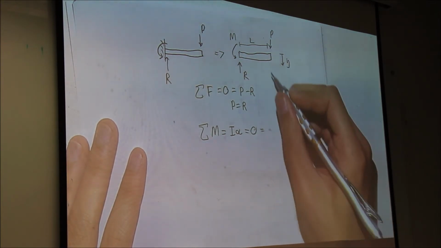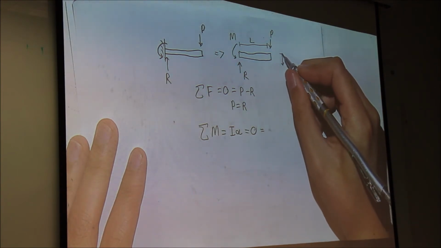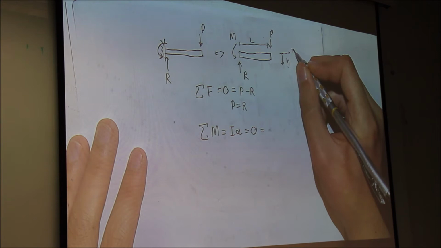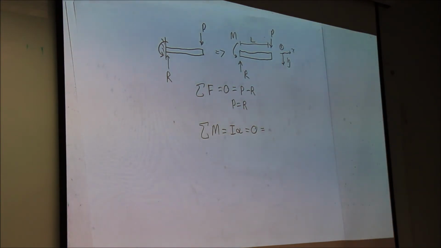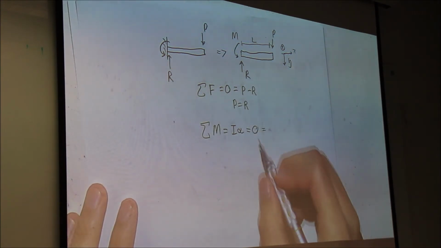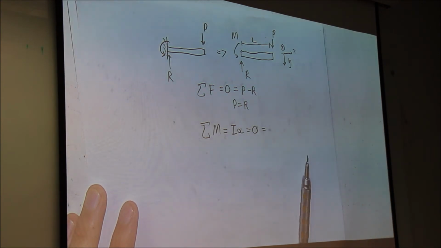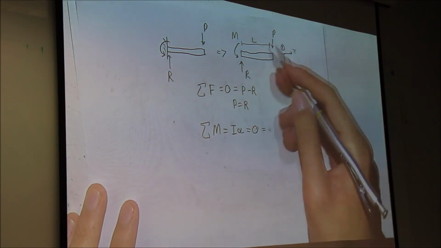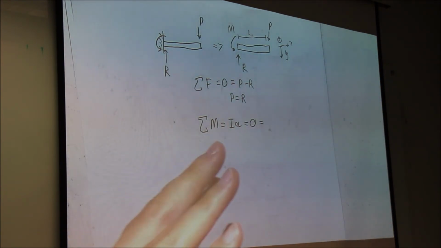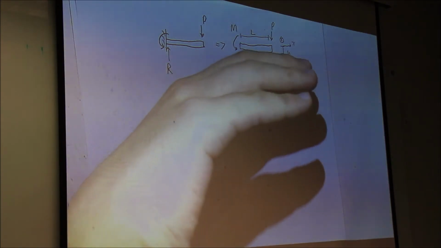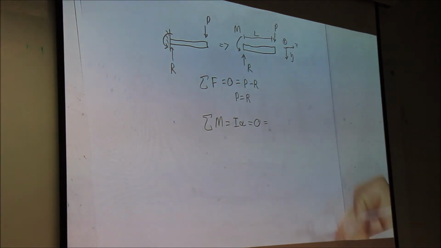In fact, it's going to be equal to P times L, and because Y is that way, if X is this way, that means Z is going into the thing. I'll talk about coordinate systems in a bit. I probably should have done that first. But we know that since Z in this right-handed coordinate system goes into the page, PL, if we take the right-hand rule, you have a force where you have a distance going this way and the force is going down, so your hand curls with the thumb going into the page. Into the page is positive.